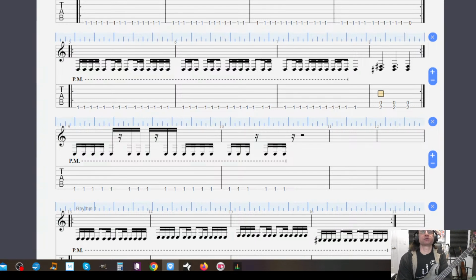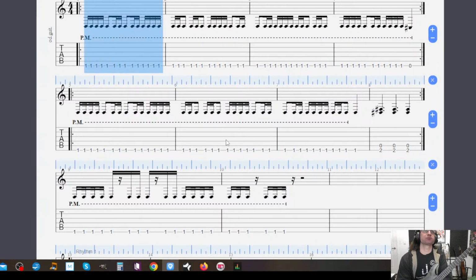So if we compare the two, that's the same as this. That's the same as this. That is the same as this. So they basically take that rhythm out.